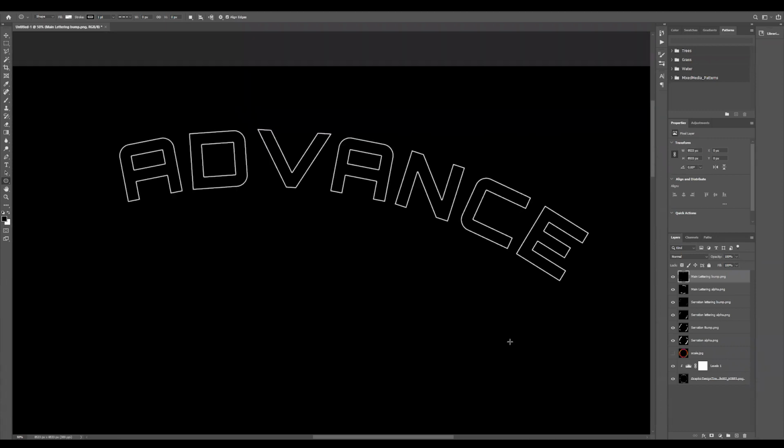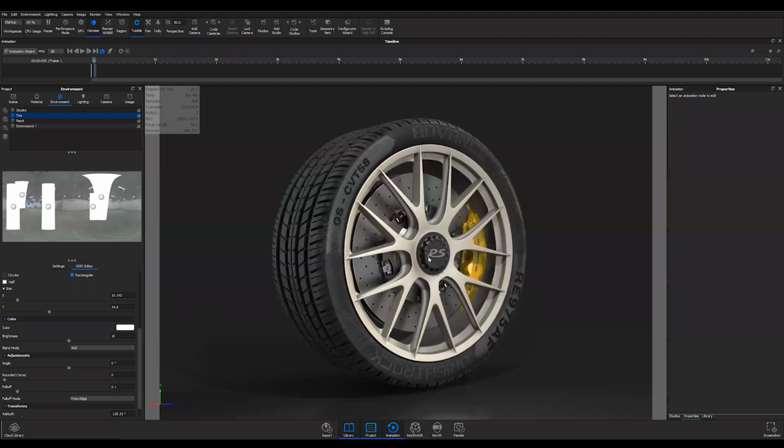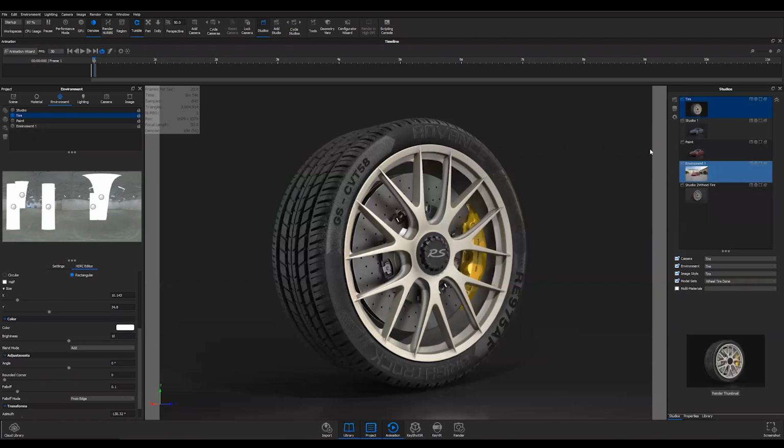If you save them as JPEGs, that also will work, but you'll get some artifacting just due to compression purposes. So I save all my maps in PNG when possible, or when I remember, of course. So now we're going to go into KeyShot here, and I'm going to switch over to a tire that has not been done yet. I have everything saved in different studios, so